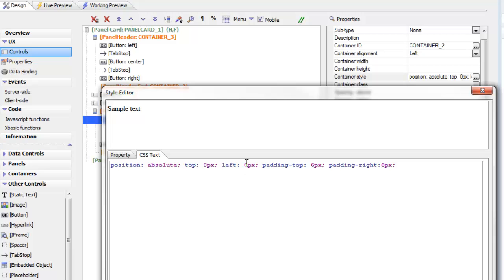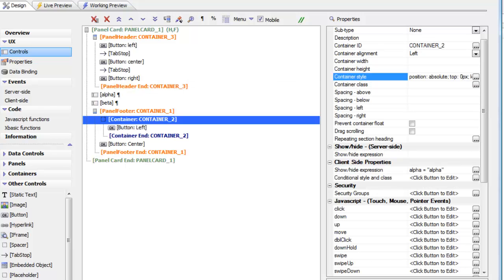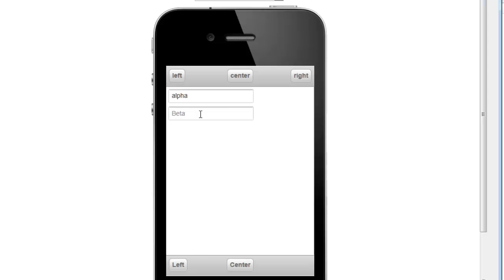So this means that whatever is inside this container is going to be left justified, and then we've set the padding on the left, sorry, this actually should have been on the left hand side, to 6 pixels. So let's go ahead now and run this, and we can see now that there's